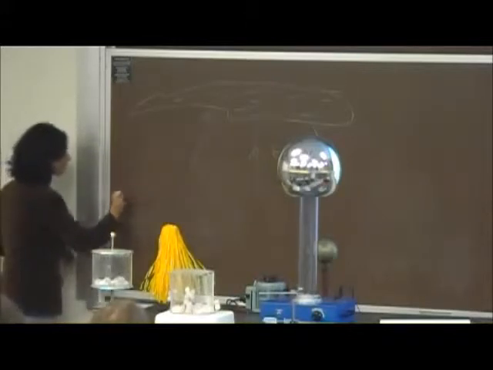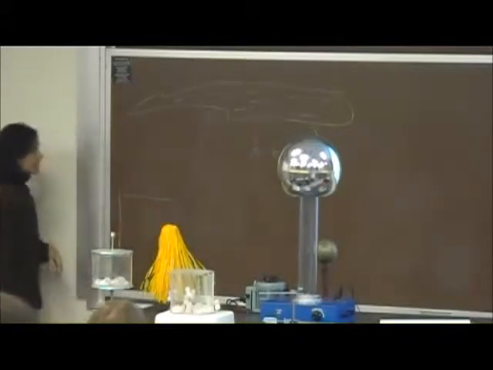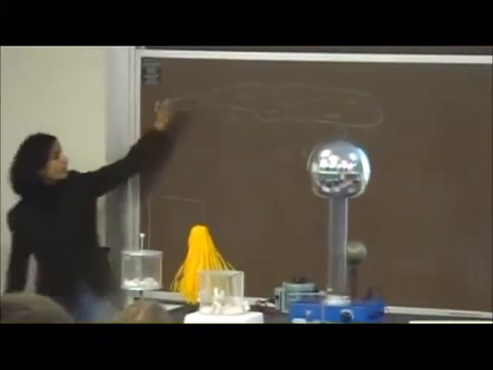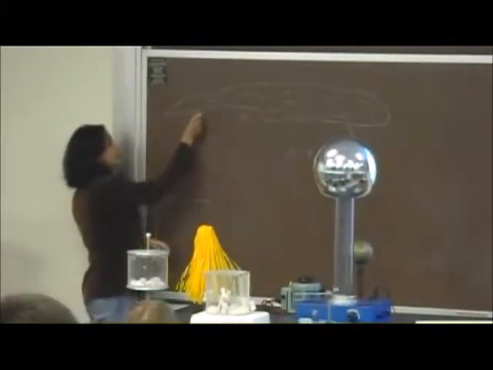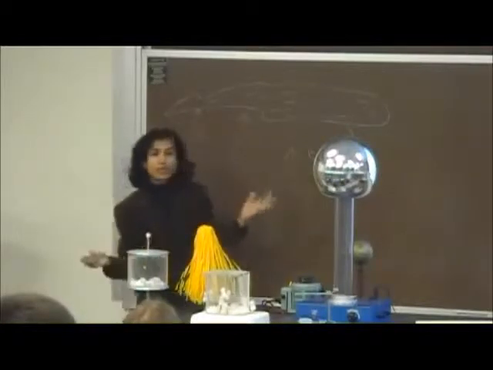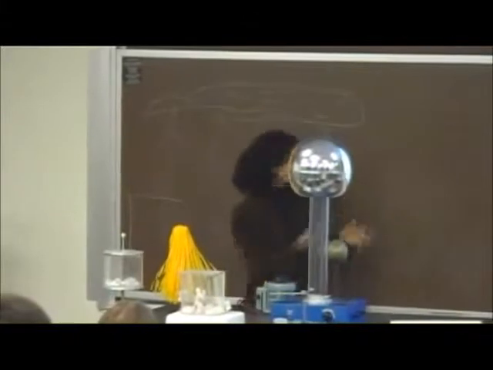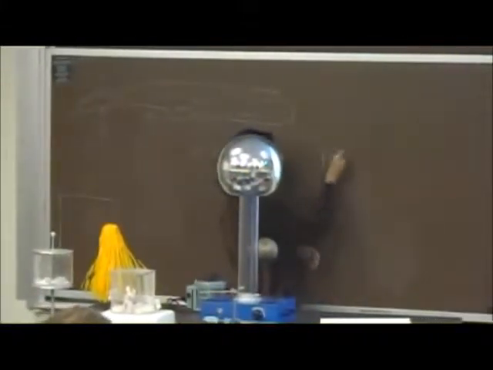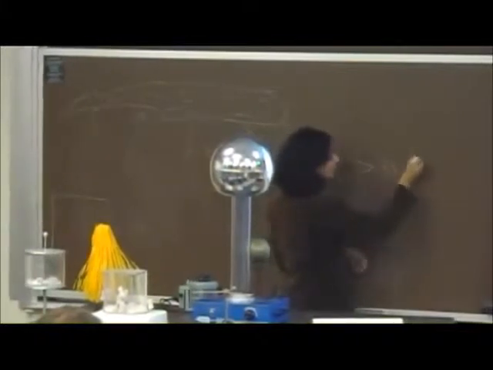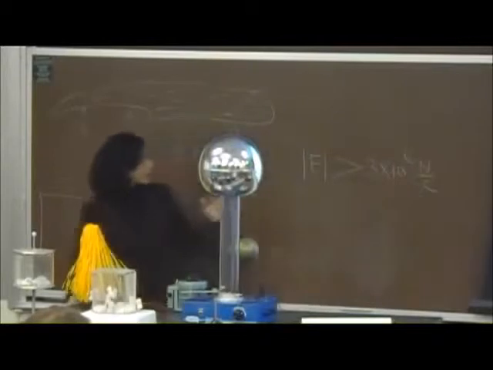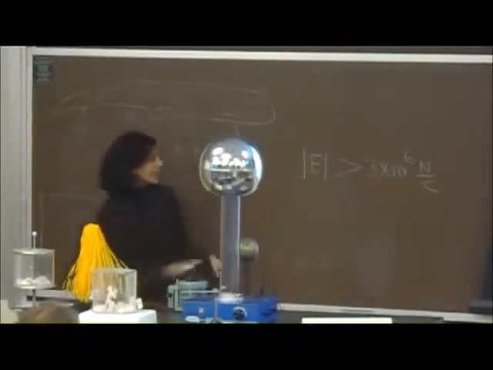Now there you could have some tall buildings. These are some buildings. What could happen? Could the electric field become more than the breakdown voltage of the air? Remember, the breakdown field. We said that when the electric field magnitude exceeds 3 times 10 to the power 6 Newton per Coulomb, or the same as volt per meter, if the electric field becomes more than this, then air